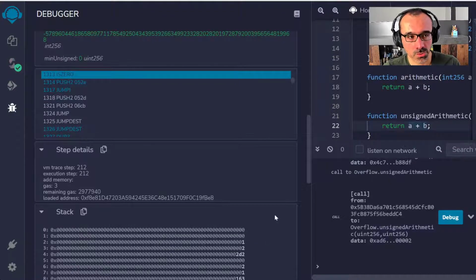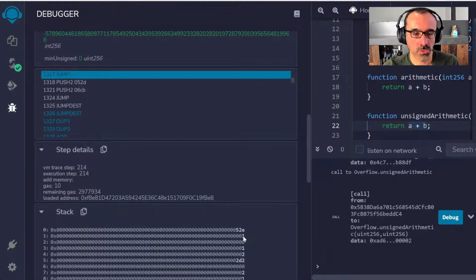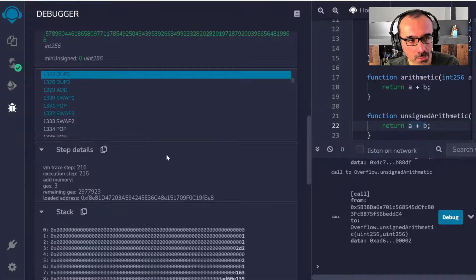The is 0 instruction is called. The result is 1 because the result was 0. This is like jump 0. And then it will push the address that the jump will go to, and this jump will happen because we have 1 here as a condition, so the jump is successful. And we will move here.